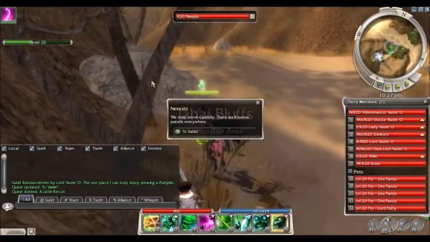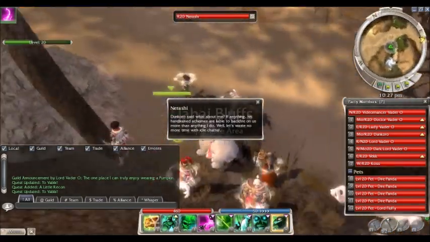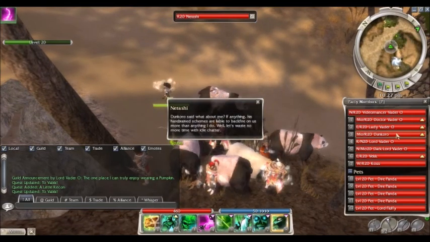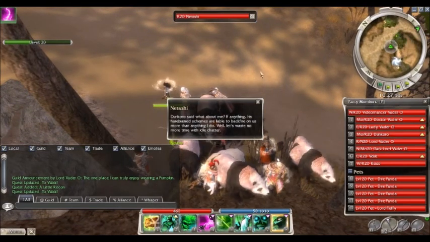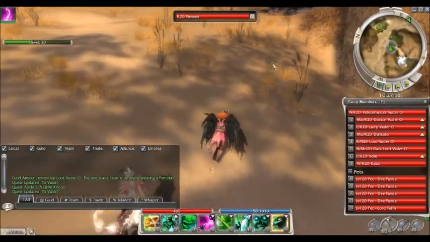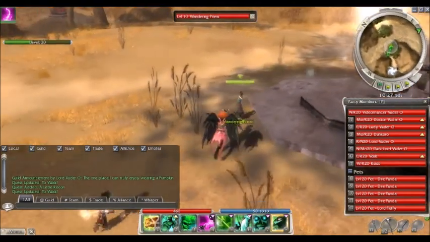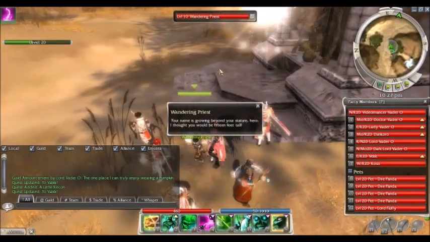Hi, Rashi. The Curve said, what about me? If anything, his hell-brain schemes are liable to backfire on us more than anything I do. Let's waste no more time with idle chatter. Indeed, it's time to go scout. And find out why going to the fortress of...